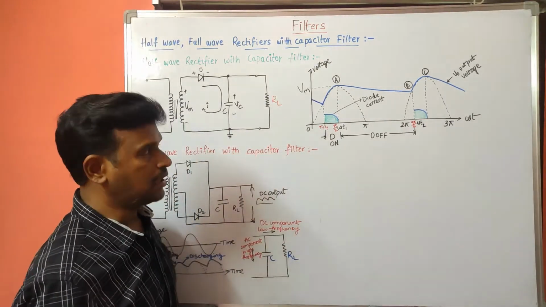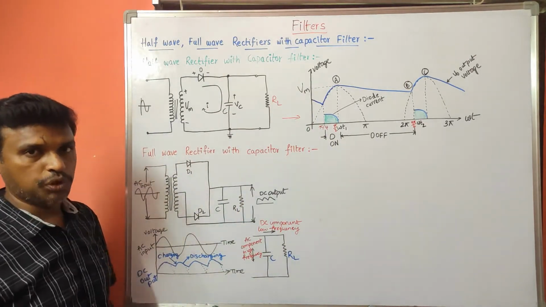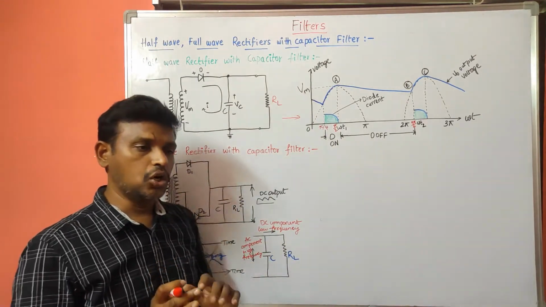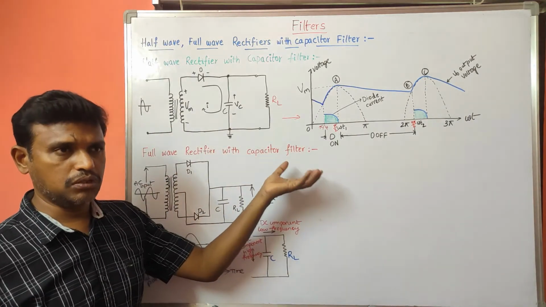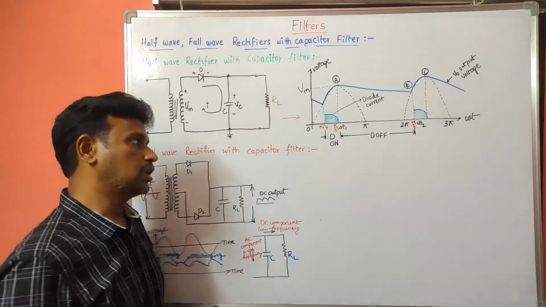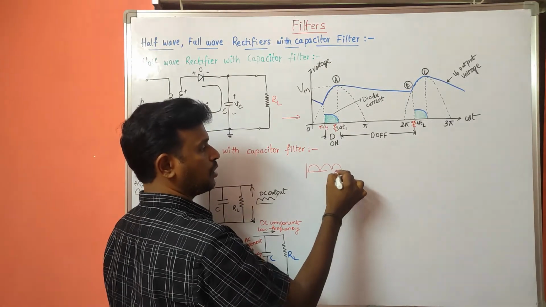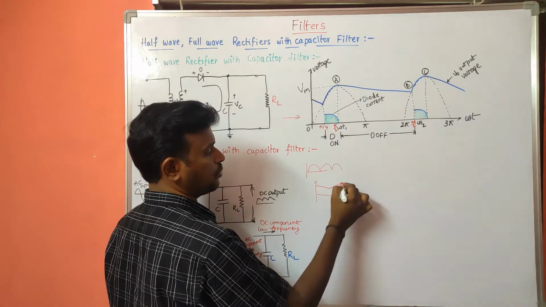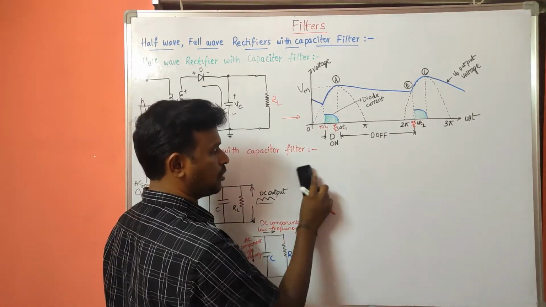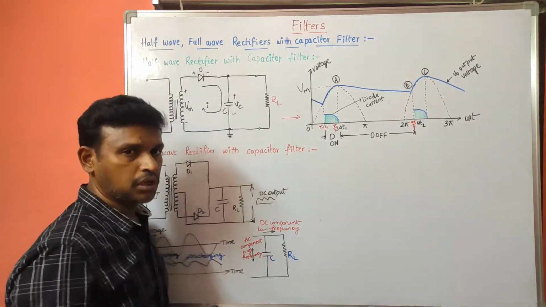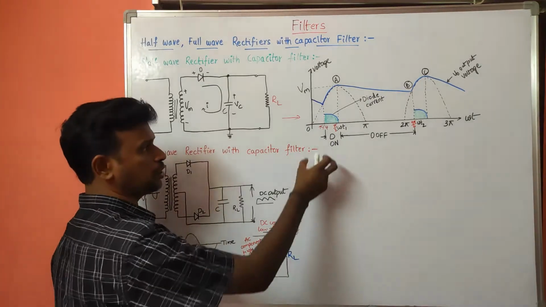Now I will go into how you can get this type of waveform, or the output, if you connect the output of the rectifier to the capacitor. In the lab also we can observe this output. Before connecting the capacitor filter, you will get the output like this, but after connecting it, you will get the output like this. Because of the capacitor filter, you get almost the DC component. After that, if you use the regulator, you will get the pure DC value or constant value.